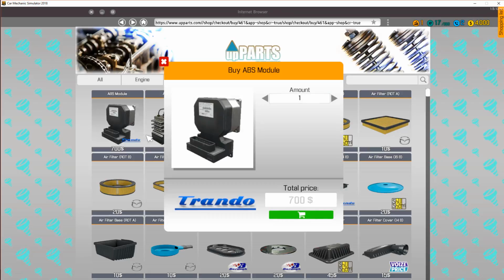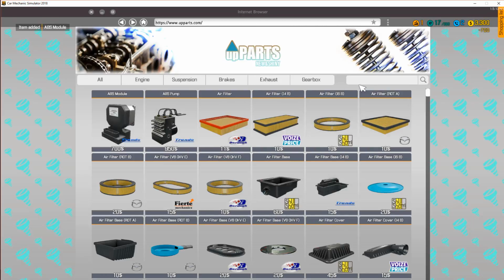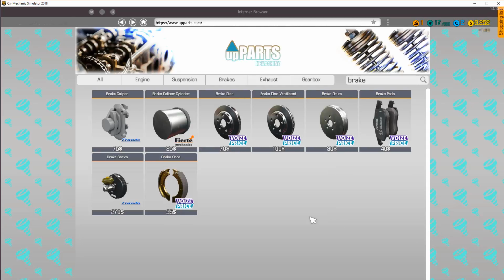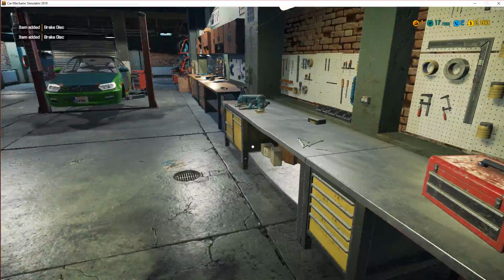We are going to need a new ABS module, so I'm just going to buy that before I need it. And I'm going to go for brake. I'm just going to hit brake, and then we just need two normal brake discs. Normal brake discs, 140 bucks. Okay,